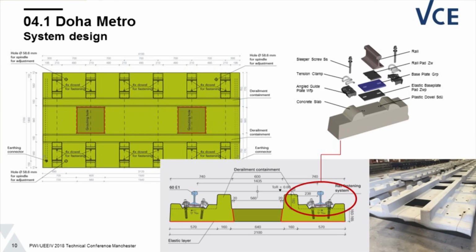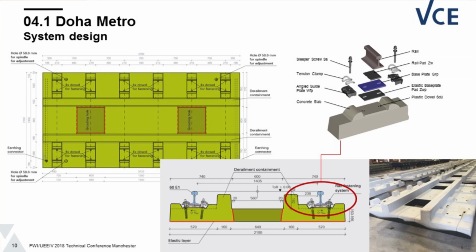This system was developed together with the company POR and is based on the Austrian slab track system Oberbau, which consists of prefabricated slabs. In the Austrian system, the slabs are 2.4 meters wide and 5.1 meters long. We adapted this system and reduced the dimensions of the slabs. The slabs are now only 4.1 meters long and 2.1 meters wide, to make it possible to manipulate the slabs in the tunnels.